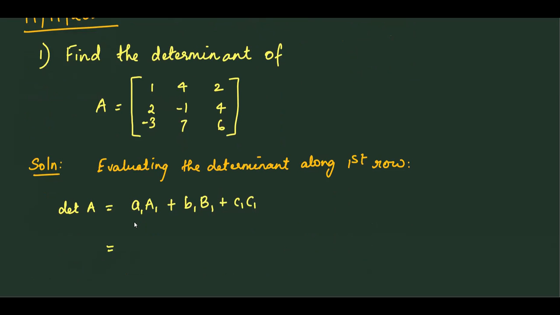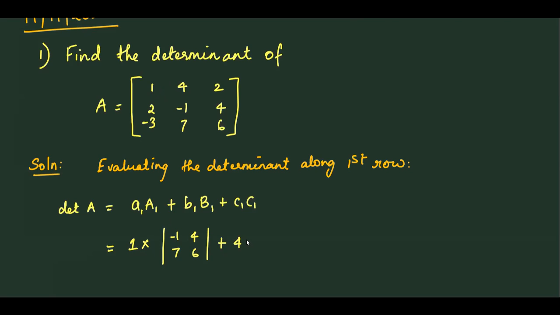Now you have to find the cofactors. Now cofactor, it is like this. So first element, that is A1 is 1 into minus 1 power i plus j. So into 1, you leave it as it is, into the minor. Remove the first row and the first column. You get 1 4 7 6. Next,